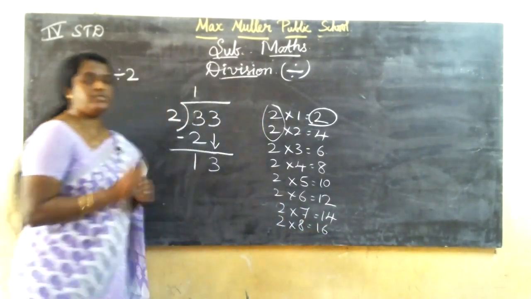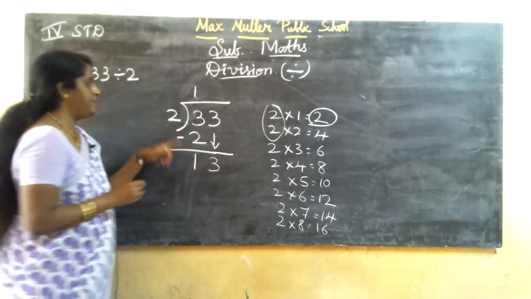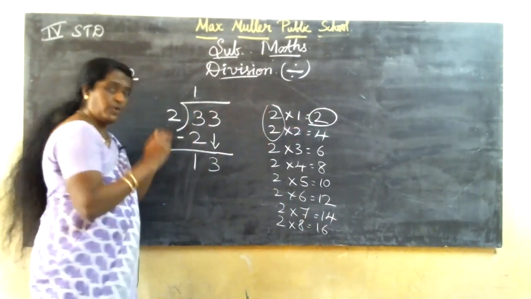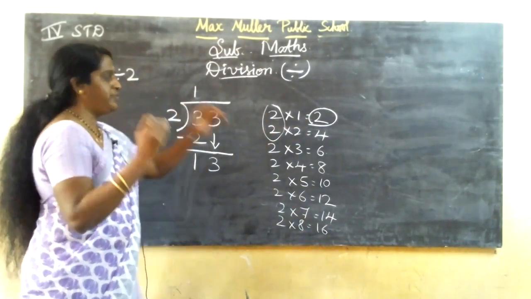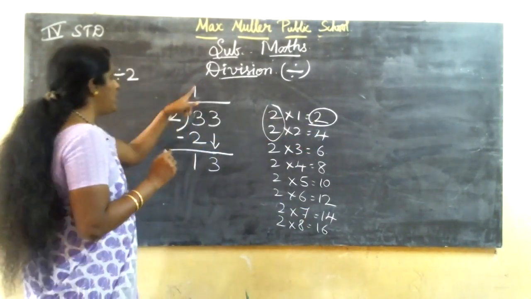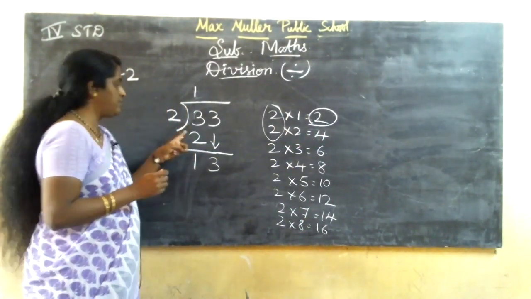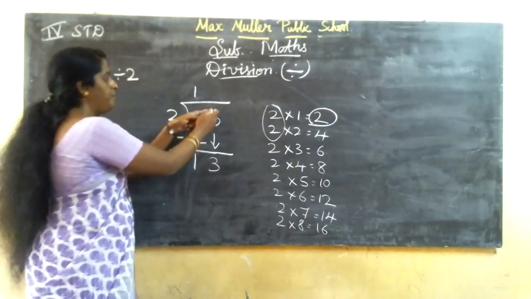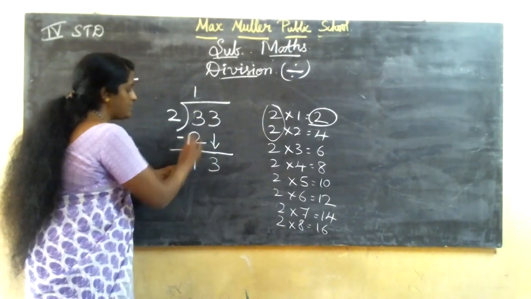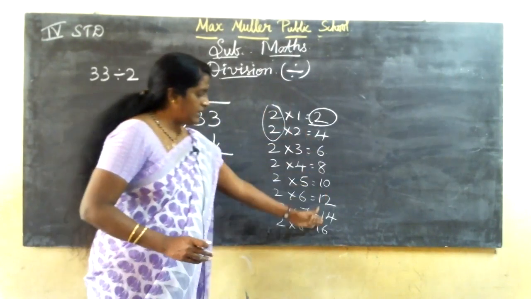So if you learn tables only, you can do multiplication and division. So see here, 2 ones are 2, nearest number. So before 3 only the number should be. So before 3 can we write 4? So before 3 what it is here? 2. So 2 ones are 2. In 3, 1 goes means answer is 3. 2 goes means answer is 1. Bring down. You should put an arrow mark, bring down 3. So it becomes minus 1 and 3, 13. So nearest number 13 it is there.